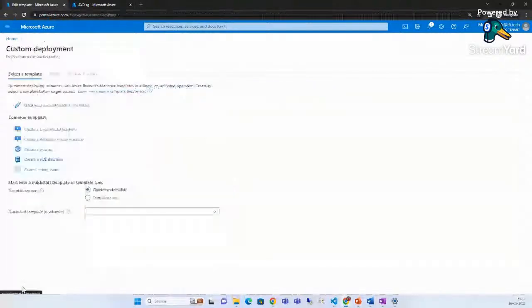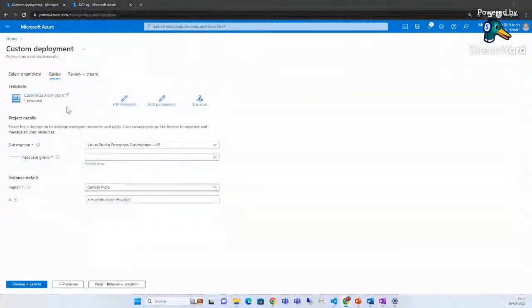So if I just click on save over here, and then you see I get an I button over here. And if I just hover over that I button, I will get some kind of metadata saying that this is for the storage account. So this basically enhances the user experience,